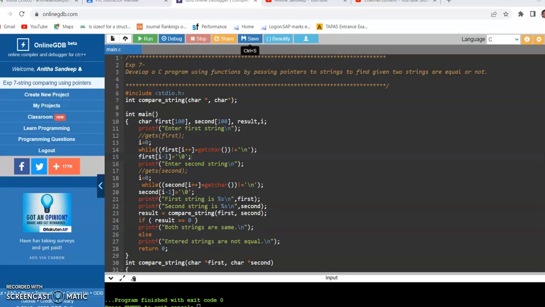Let us see experiment number 7, which is developing a C program using functions by passing pointers to strings to find whether the given two strings are equal or not. So I have included stdio.h as we will be making use of input-output statements. int compareString(char *, char *);